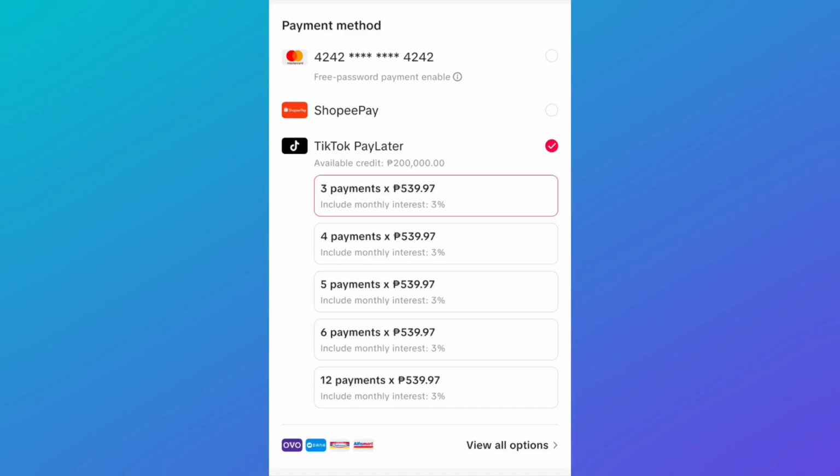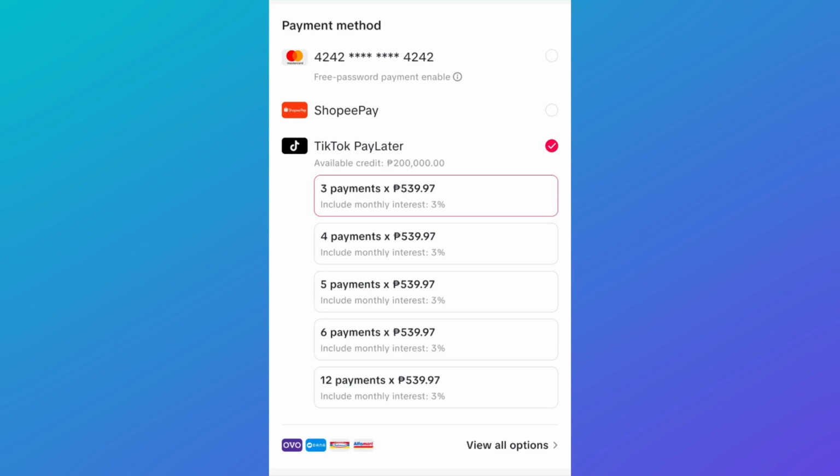How to convert your TikTok Paylater to Gcash. So in this tutorial, I'm going to tell you the real way in which you can convert your TikTok Paylater to Gcash. So for that, the first step is that first of all, you'll have to buy any product or